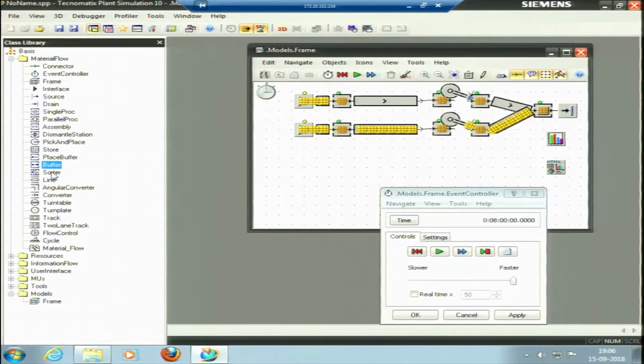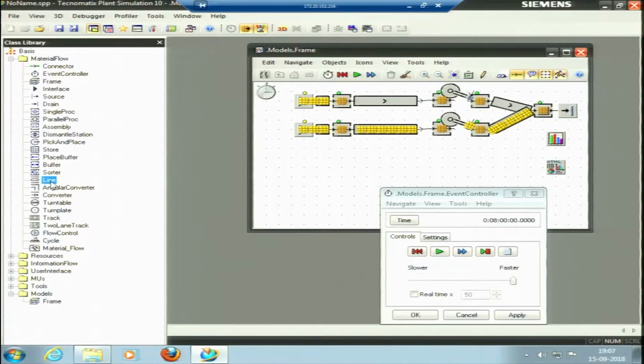So next is sorter. Sorter, as the name suggests, arranges the mobile units by the sorting criteria we define. We can define the criteria. Okay, for instance, if I am having a nut and bolt assembly, there are nuts being manufactured and bolts being manufactured, and on one bolt I am trying to assemble two nuts. So what the sorter can do is pick one nut, or from the bolt line it can pick one bolt, or it can sort through the different lines. So for a sorter, we have to define the criteria, and it can do that. So line is a kind of a conveyor.